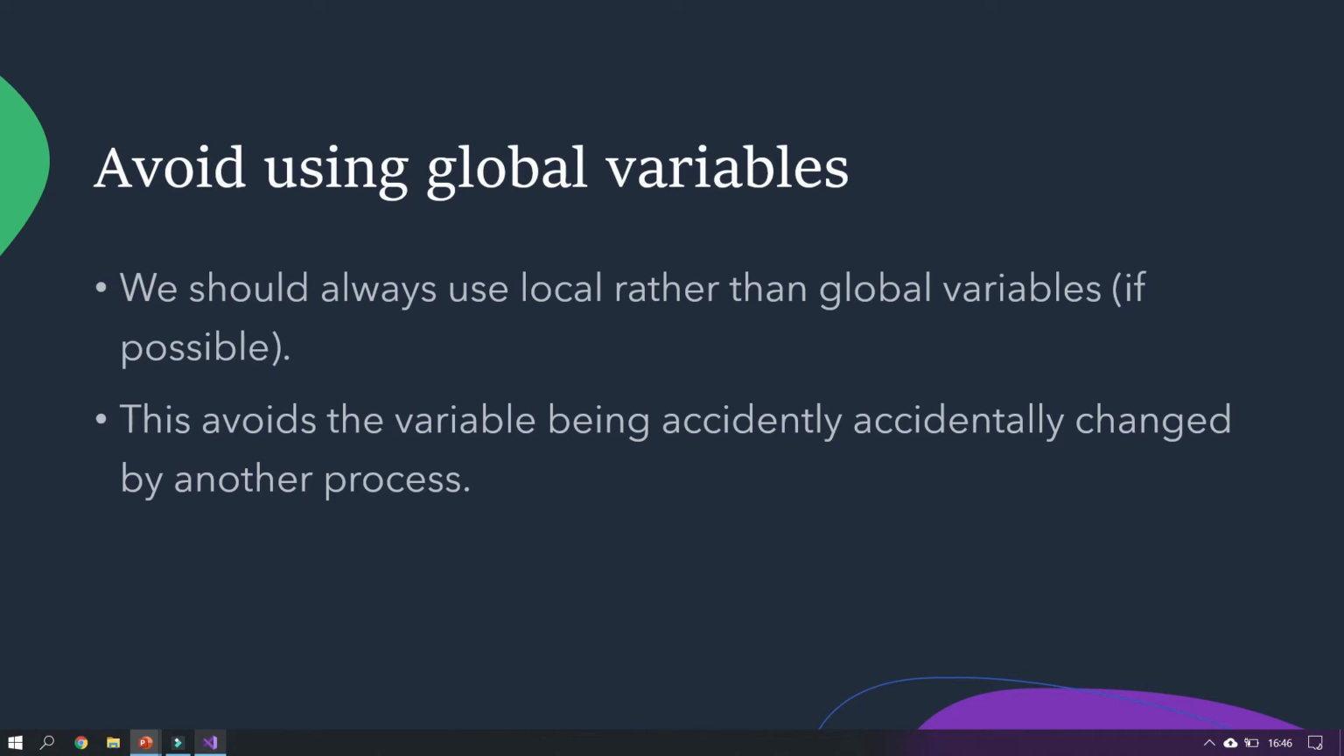Now, generally, we would want to avoid using global variables for all sorts of different reasons. Part of the reason for this is that if you only use local variables, it prevents you from accidentally changing a global variable and setting it to the wrong value. You also know where you're starting from, so it's like you're going on a journey and you know where you're